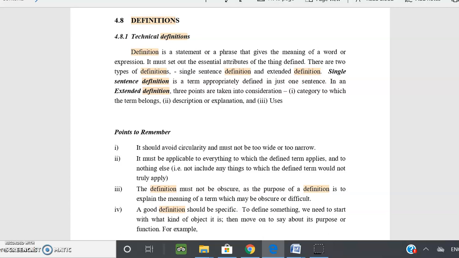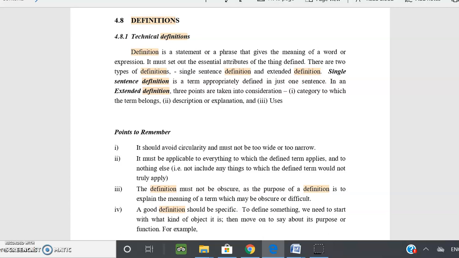So for definitions in technical areas, you have to remember four points. Number one, you have to use only simple present tense, that is the be form, is or are. You have to tell the name of the thing. For example, if you are asked to define what a laptop is, you should not say "it is." You have to start every sentence with a proper noun or a common noun, so you start by saying "laptop is." So remember, do not write "it is," but noun plus be form. That is the first rule.